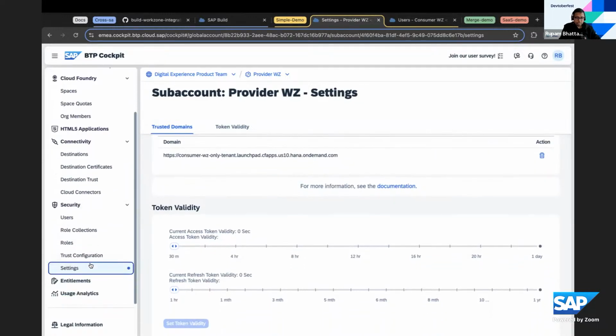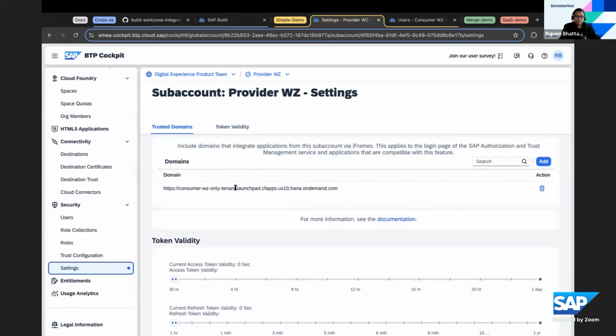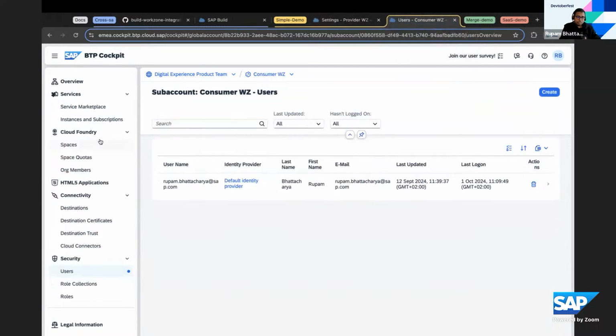You actually go to the security settings and you set the domain of a consumer sub-account, which again, because I'm the sub-account owner for the consumer as well, I already have done it, but this is something you should not miss. Now let's go to the